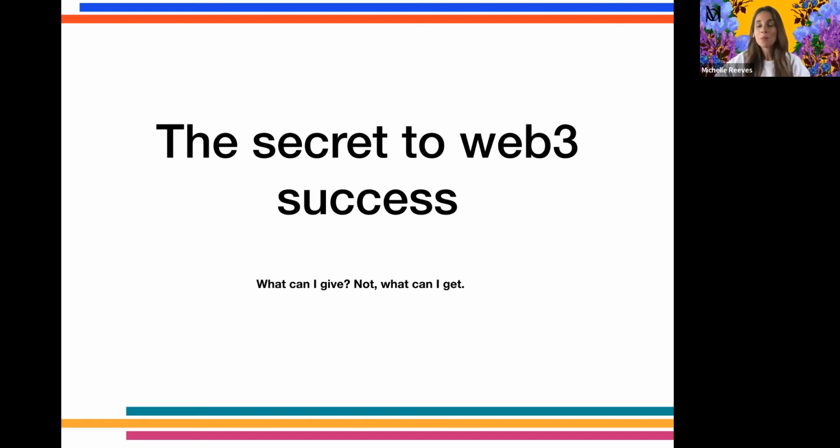In Web 3, it's about what did you do to help somebody else, to collaborate, to partner, to educate others? How did you widen the circle? How did you improve somebody's life? And how did you make them feel better? So if you think about that at every turn, you'll be setting yourself and your team up for constant success.